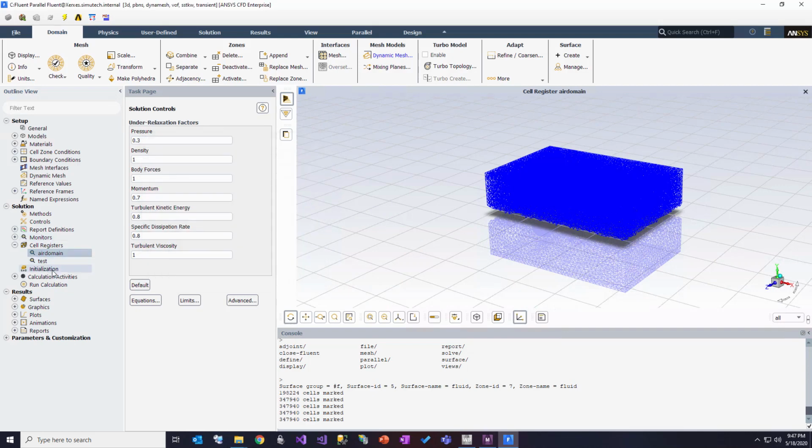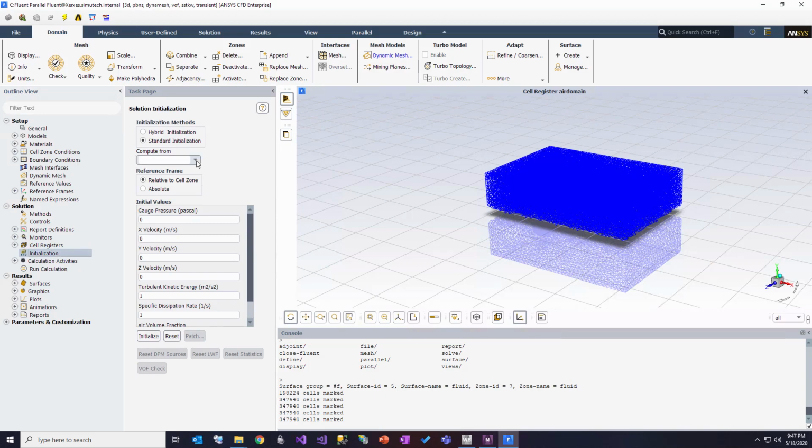So once we have the cell register, go in initialization. And then here, I use the standard initialization for everything. And as you can see, initially it says air volume fraction is 0. So maybe I keep that as 0, and then we can set the volume fraction of air in the top region to be 1. And so if I initialize it here,